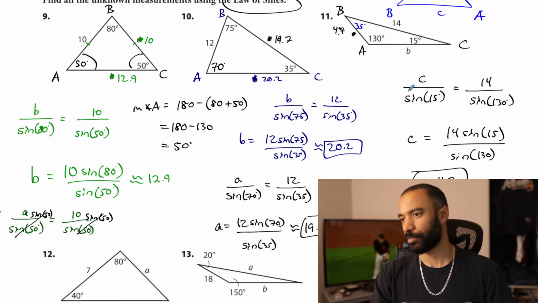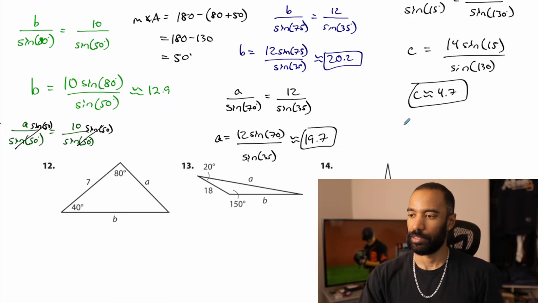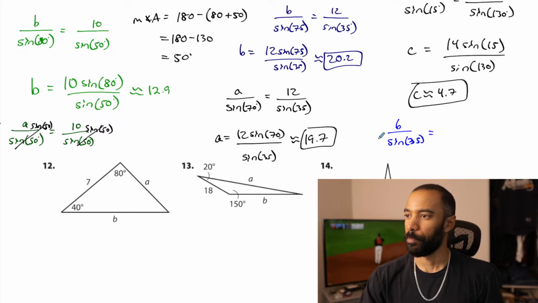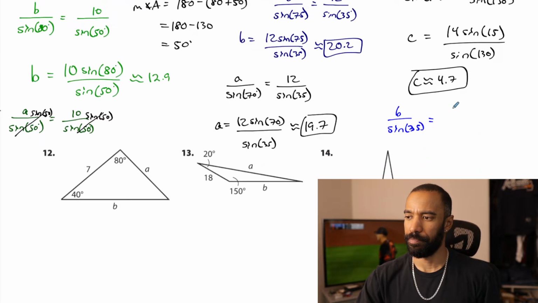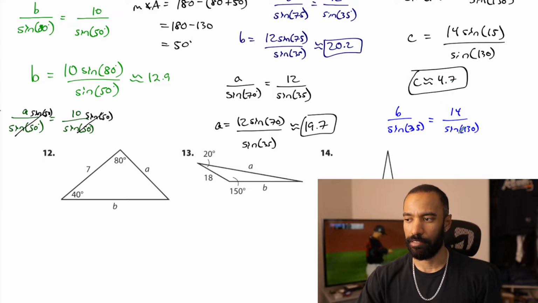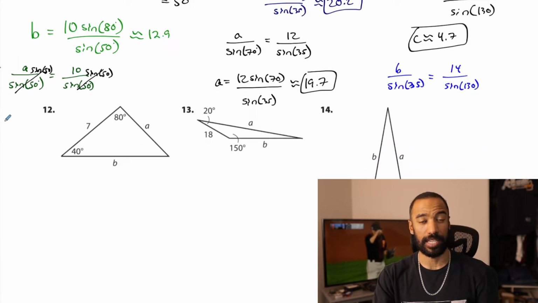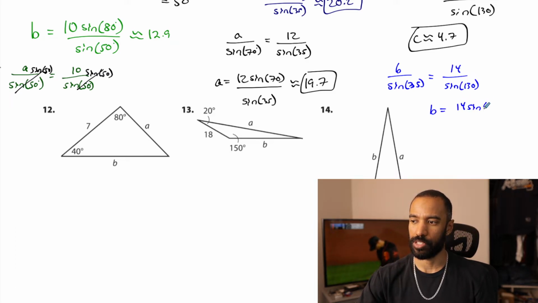So we're going to have B over sine of 35 equals, and that's a B, not a 6, equals 14 over the sine of 130. Once again, I'm not using C's approximated value here. I'm sure you could sometimes land within that nearest tenth correctly, but attend to precision. That's one of our big math practices. So B is 14 times the sine of 35